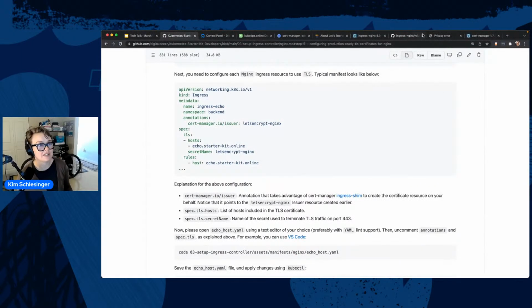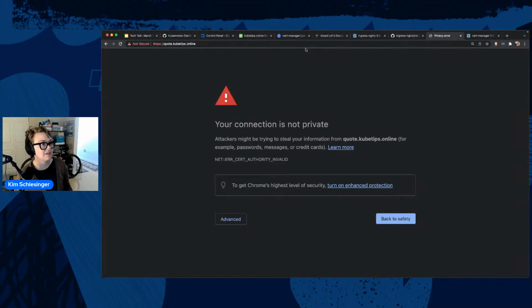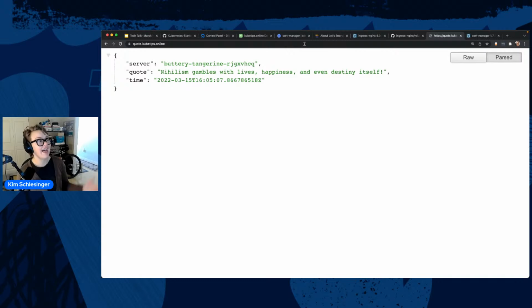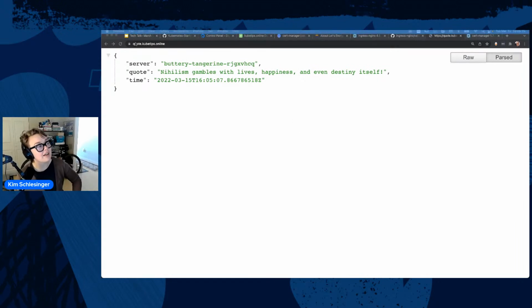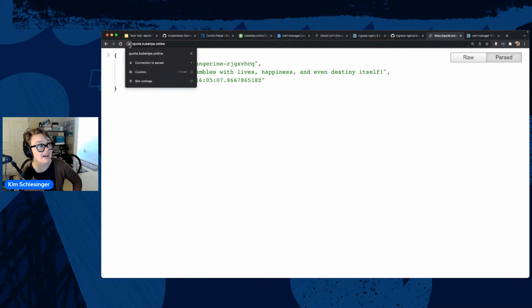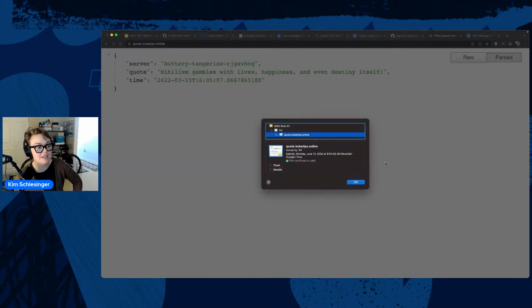All right, here is the big trial. Hey, all right. So Matson is right. It works. So if I use HTTPS, I see this has a valid certificate. And if I go to connection is secure, certificate is valid. So before, the certificate was like, what was it called?